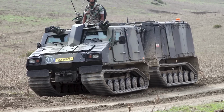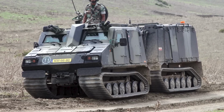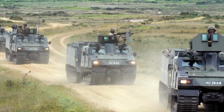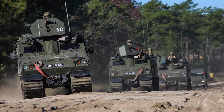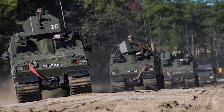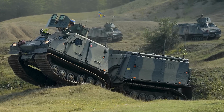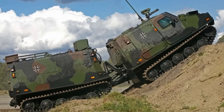The vehicle is tracked, enhancing mobility in adverse conditions such as snow, mud, or swampy terrain, and it's configured to carry cargo or personnel, making it suitable for a variety of military and logistical roles. The primary function of the BVS-10 Viking is to serve as a troop carrier and logistics vehicle, offering mobility and protection. Its design enables it to traverse snow-covered landscapes, cross rivers, and move through dense forests, providing military forces with